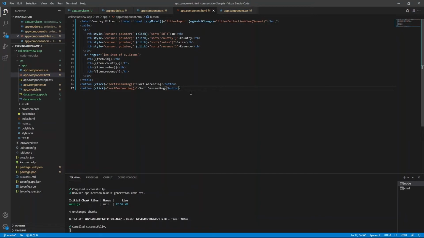Now, the first thing that we're going to do is display what page the users are currently on. So we'll put a little break here just to make it a little bit more legible. And then we're going to put a span here, and inside the span, we'll say page, and then that'll be